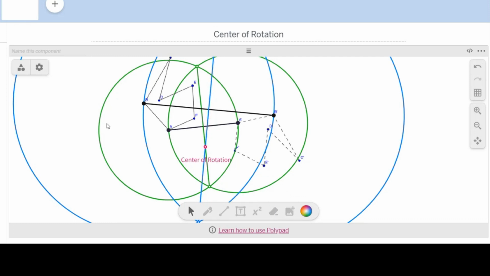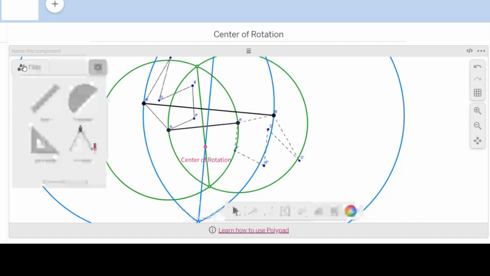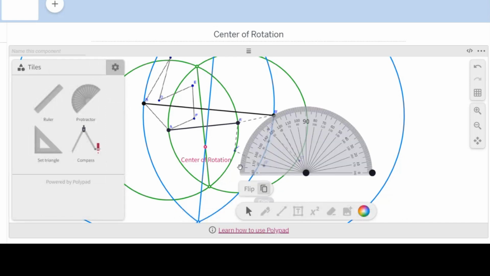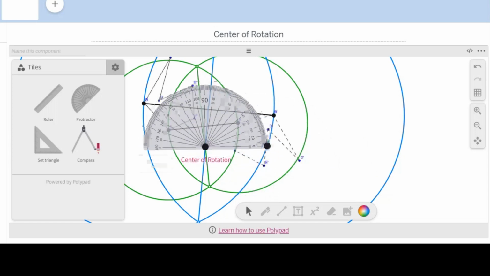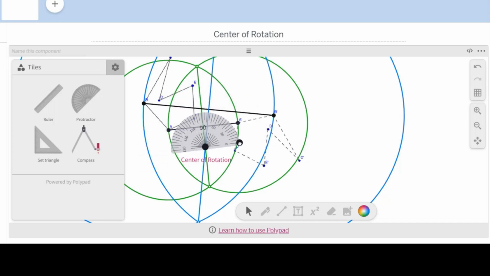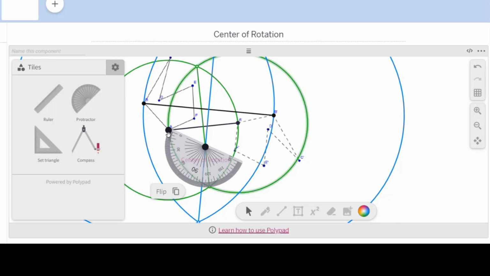If the next task is then to find what is the degree of rotation, this is where we can use our protractor. Now that I have my center of rotation, I put my protractor right on it. And if I was trying to find, I could start at A to A, and you can see that it actually is going to go more than 180 degrees. Because of that, I might actually want to go from A prime to A. And if I'm looking at it in that direction,